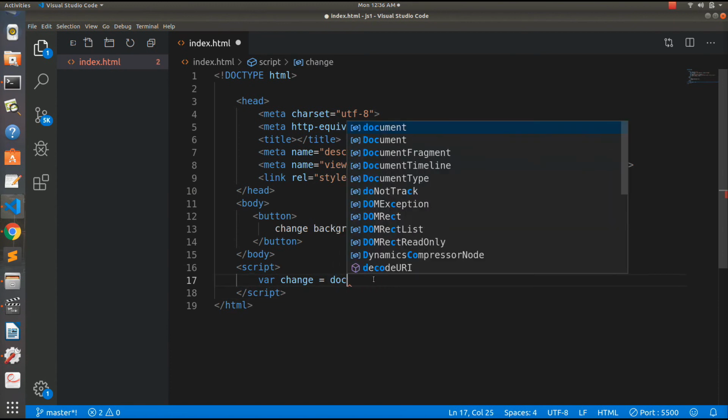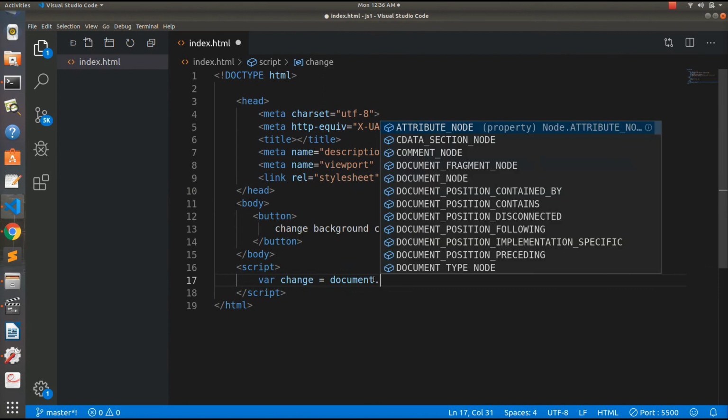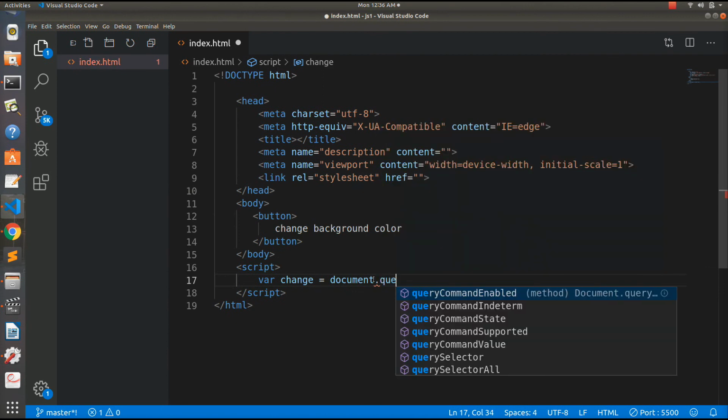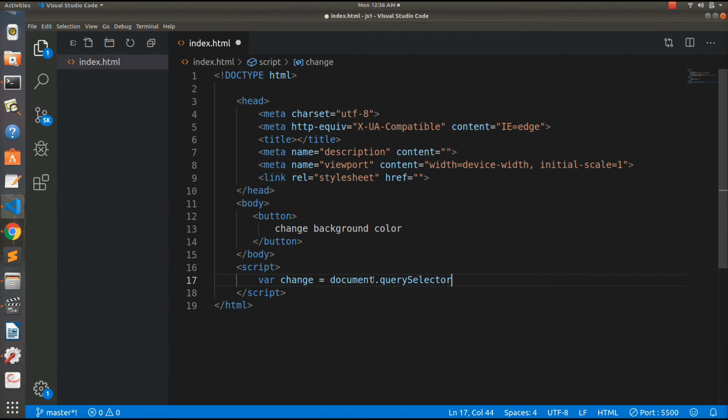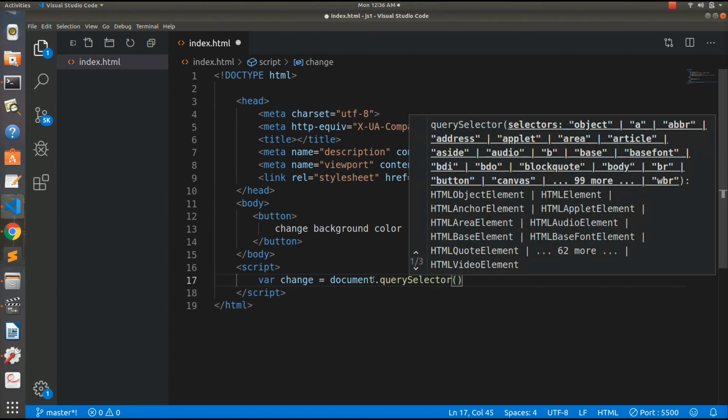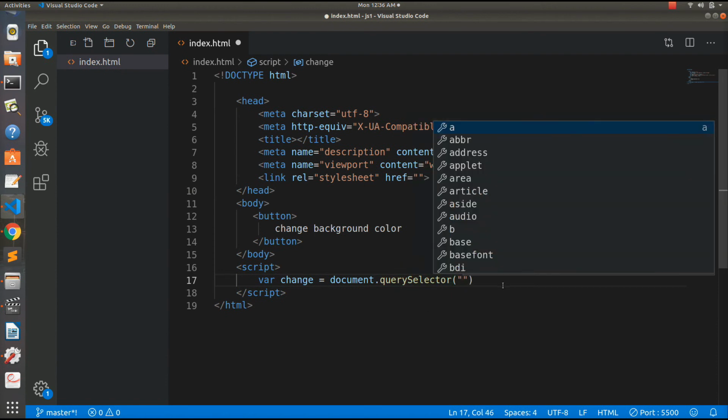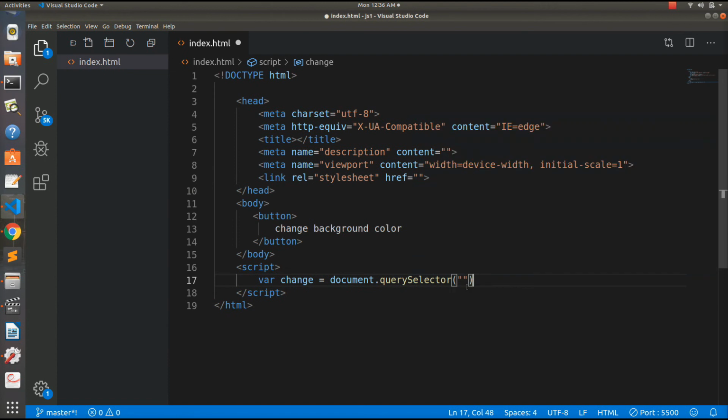Now if I write here document dot, now here are certain options. You can select an element. For now you should select this. I will make another video on JavaScript selectors, which will give all the basics of various ways you can select element in JavaScript. So for now we will use query selector, and here inside this we are gonna give the class name or the ID which we have assigned to the element.